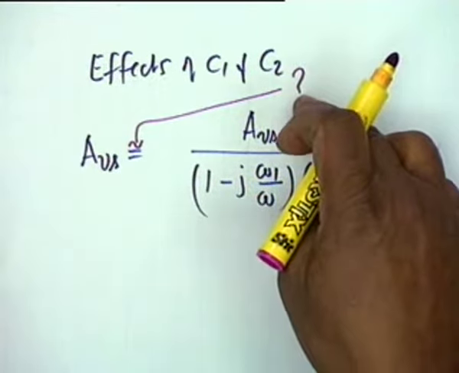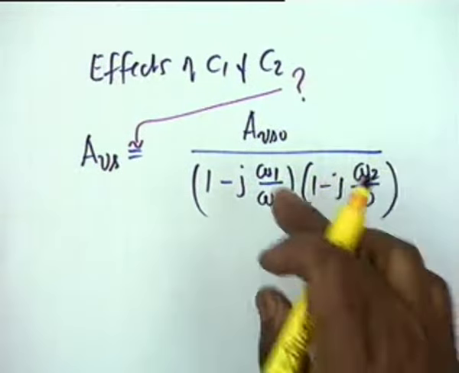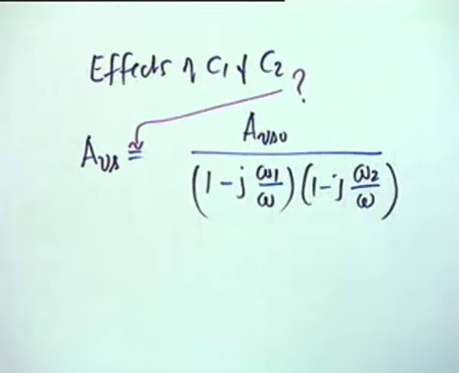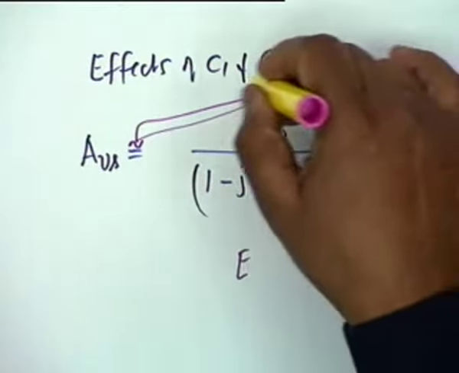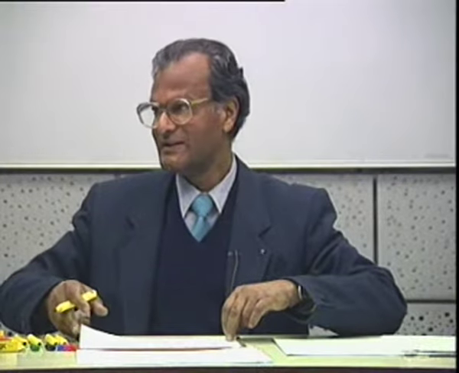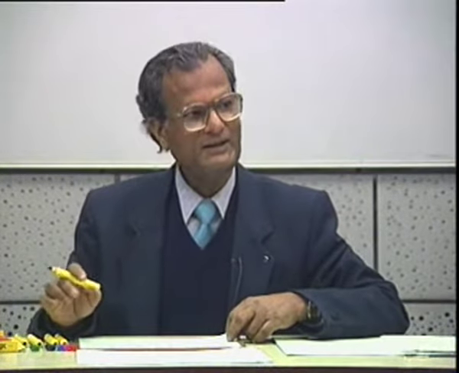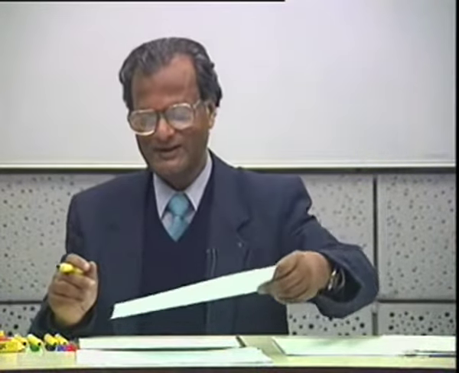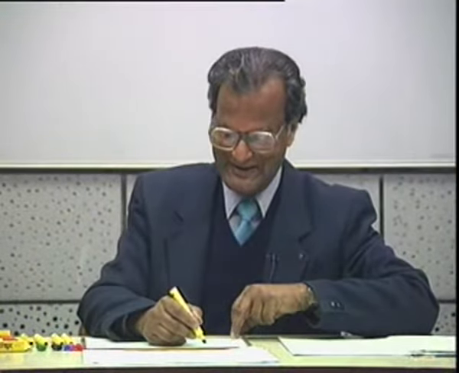In both of them I found that if I ignore C2 and CE, then I get this expression. If I ignore C1 and CE, I get this expression. Now I am making a combination. I claim that this is exact. No such thing is needed. If you had considered C1 and C2 together, it would have been the same story. If you differ from me, let me know your logic. Okay, I claim that this is an exact expression. However, CE creates problems. But what is the logic behind it being exact? You find it out. Why should I answer all questions?